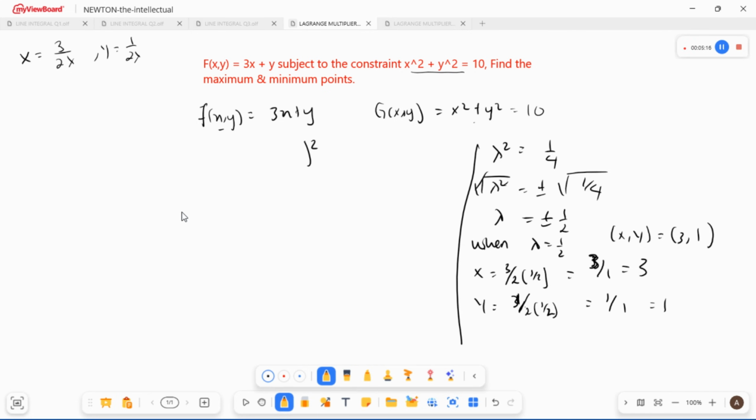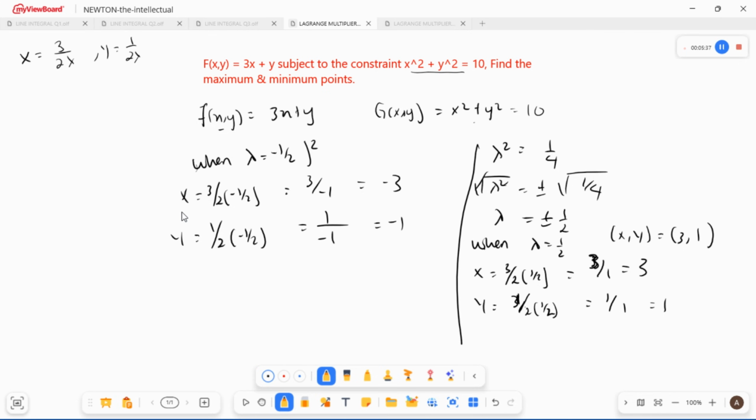Right. So now we're going to see when lambda is equal to minus 1 over 2, then x equals 3 over 2 multiplied by minus 1 over 2, which is equal to 3 over minus 1, which equals minus 3. Then y is equal to 1 over 2 times minus 1 over 2, which equals 1 over minus 1, which equals minus 1. So that means when lambda is minus 1 over 2, x comma y is equal to minus 3 comma